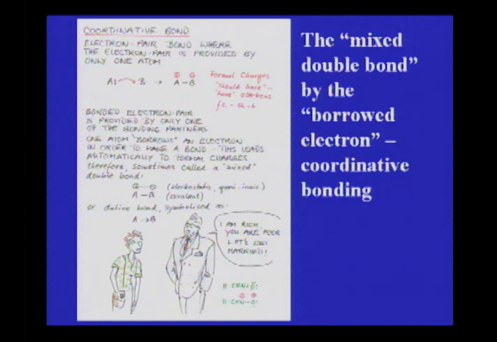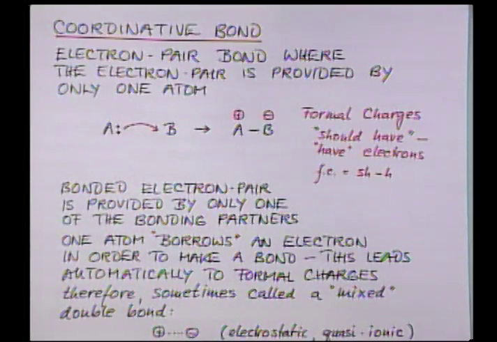They call it sometimes the mixed double bond. And when you look here, let's say we have A with a lone pair and B that would be an electron acceptor that has nothing but wants to bond with A. Then A says to B, let me give you one of my electrons,